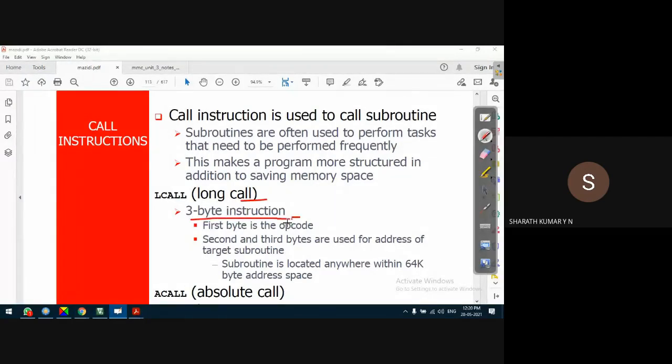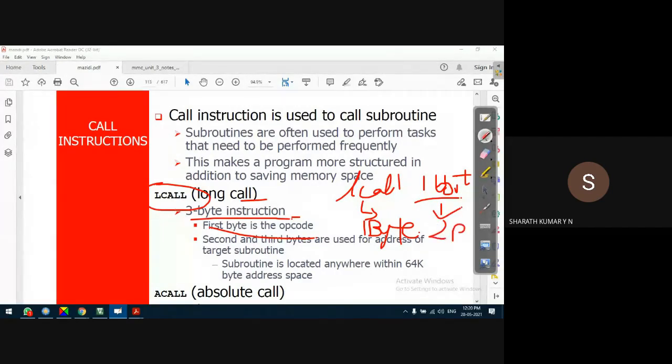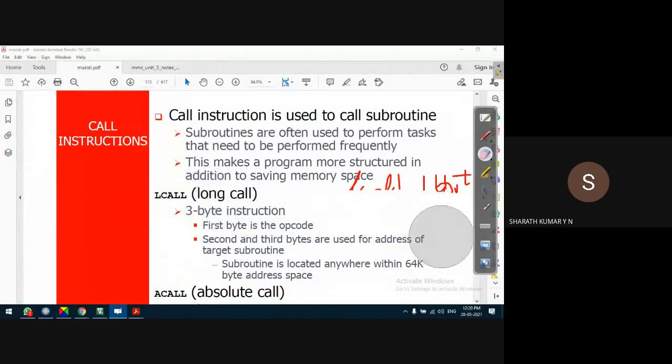First byte is the operational code for the L call instruction, represented by 1 byte. The target address, which is a 16-bit address, will be represented by 2 bytes, because 16-bit obviously has to be represented by 2 bytes. This is L call.